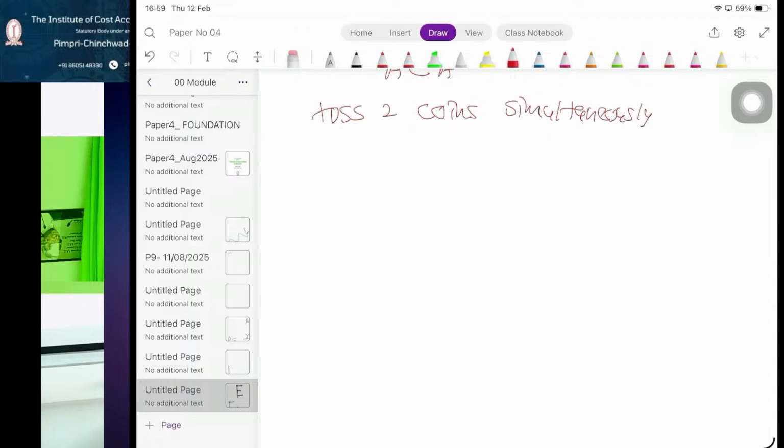So what will be the set in that particular case? What answers will I get? Omega is equal to: in both I will get heads; on one I will get head, on another I will get tail; on first I will get tail, another I will get head; and in both I will get tail and tail. Then omega is called a universal set for that particular discussion, tossing of two coins simultaneously. So all the possible outcomes